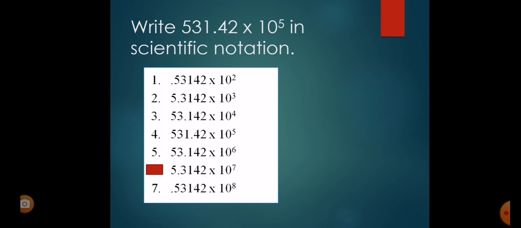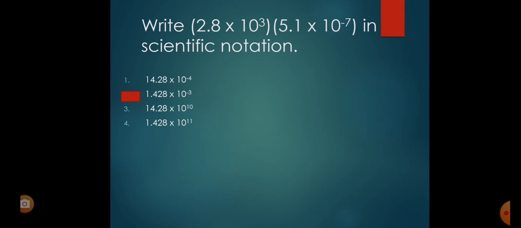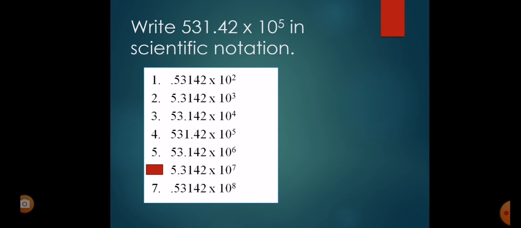Next, a multiplication example is given. There are 2 points given for multiplication. After calculations, the third and fourth options are given. First option 14, so the decimal is not placed after the first non-zero digit, so this option is not right. Third option is not right, and fourth option is not right, so the second option is right. Do this multiplication by calculator. In the next slide, the same is 53.53. These options are all incorrect, so the 5.36 option is the right option.